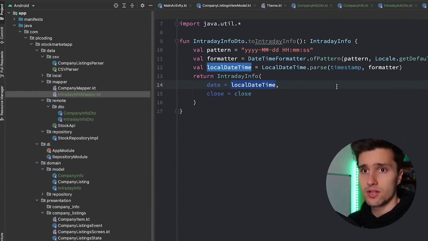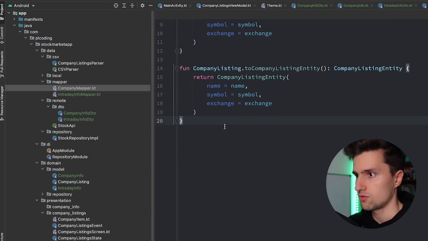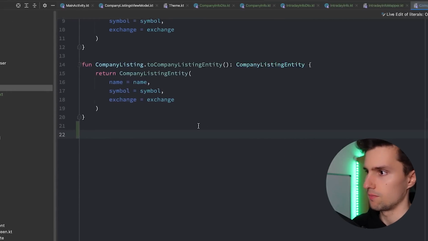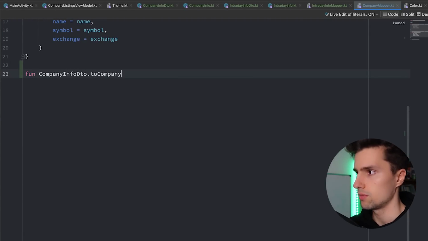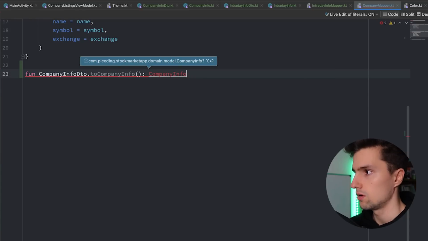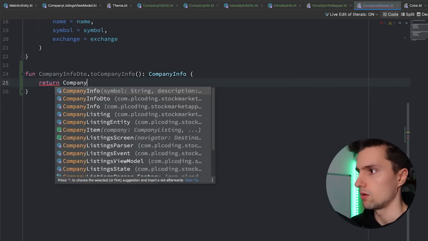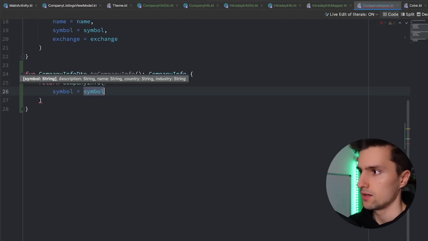We need one more mapper here, which is rather simple, and that is in our company mapper. I'll just put it in this file, and that is to convert a CompanyInfo DTO to a CompanyInfo model. So function CompanyInfo DTO to CompanyInfo, return a CompanyInfo, this one, and here we can just return a new CompanyInfo object. The symbol will be equal to symbol, and here we actually need to